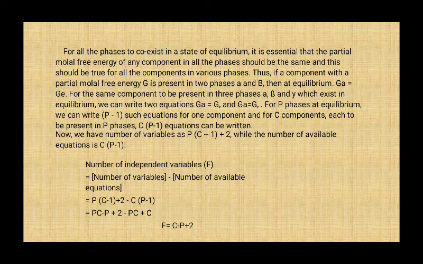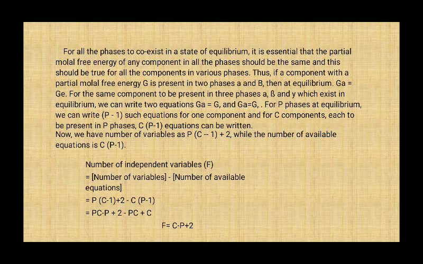For the same component to be present in three phases alpha, beta and gamma, which exist in equilibrium, we can write two equations: G alpha is equal to G beta, G alpha is equal to G gamma. For P phases in equilibrium, we can write P minus 1 such equations for one component, and for C components each